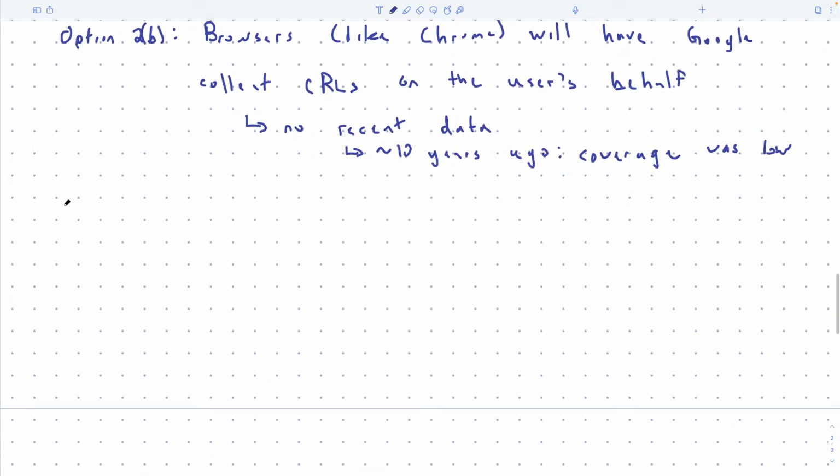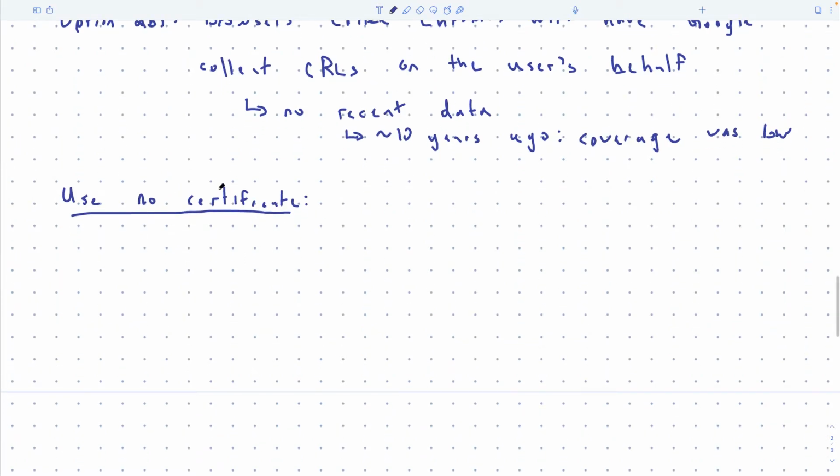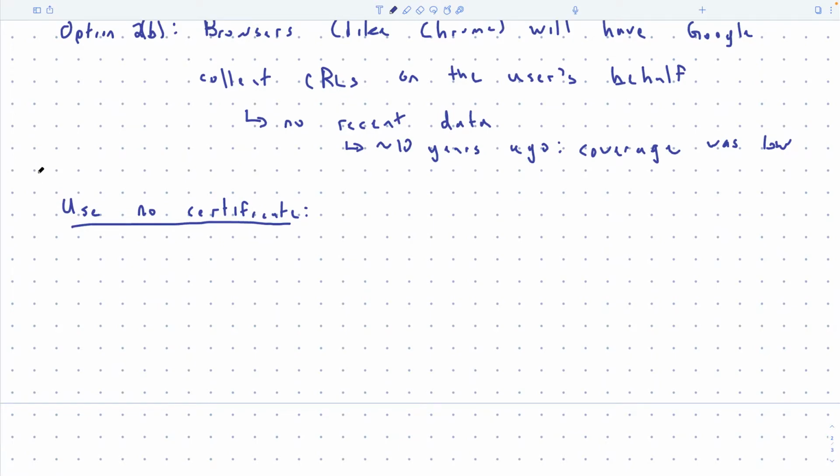Okay, another attack you can do, and we're trying to wrap this up quickly, is, I think we mentioned this before, you can use no certificate. So let me back up. So we're done with revocation now. So that's revocation. Revocation kind of works. It's kind of broken. If you're an adversary, you're able to steal a certificate or get issued a certificate, and it gets revoked, then you're not completely out of luck, right? There's a chance that you can still go around, use the revoked certificate, and then try and disrupt the user from learning that the certificate is revoked.